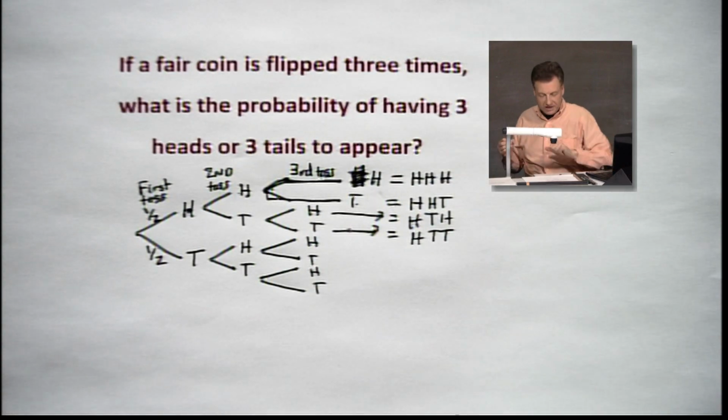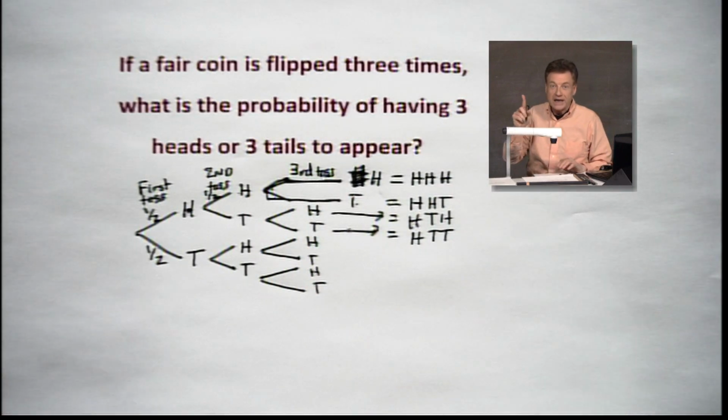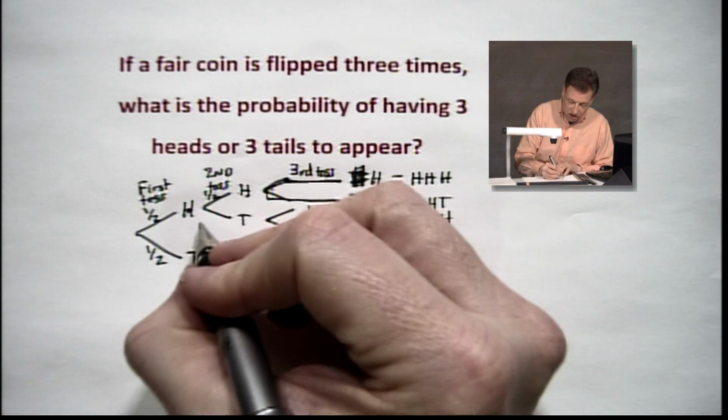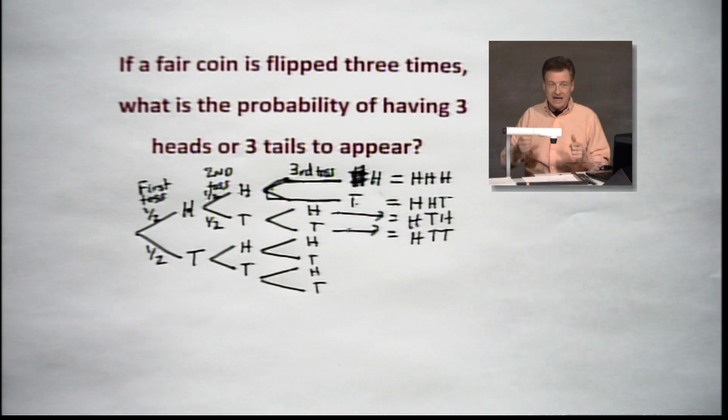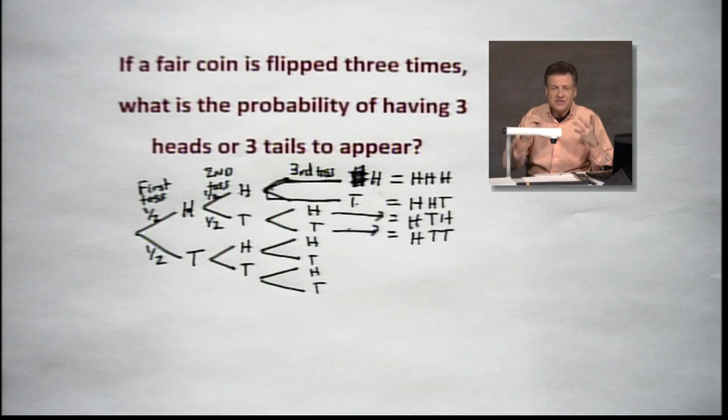We flip that coin. We do it again. My goodness, folks, it's still the same fair coin. So it's going to be what? 1/2 and 1/2, right? Everybody follow? So if I hit heads, I flip again. But you know what? If I hit tails, I flip again. And it's still the same story.